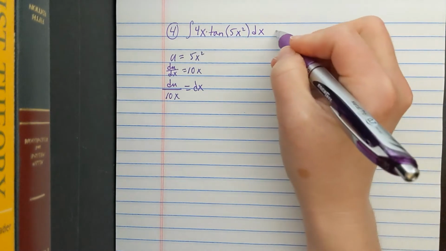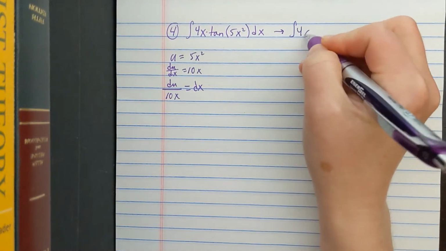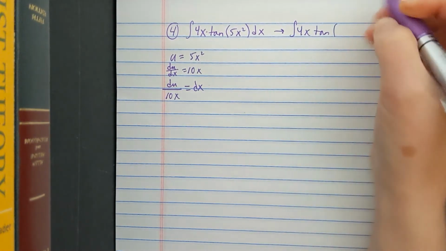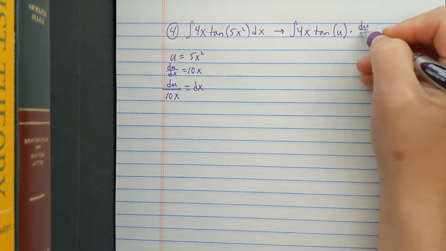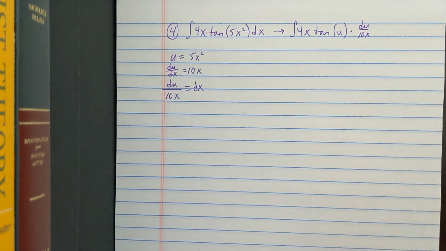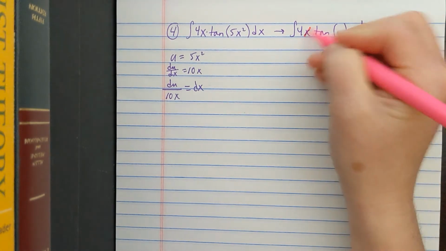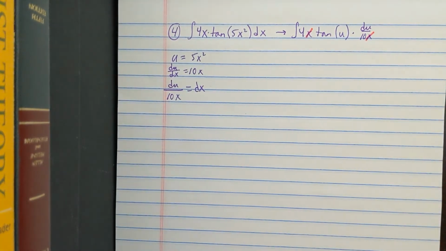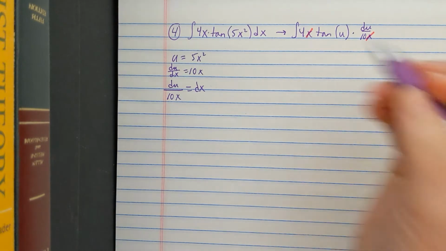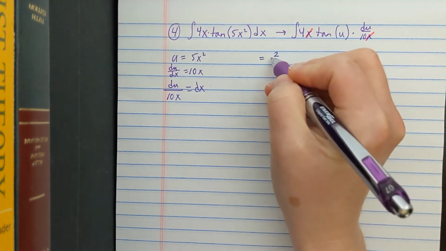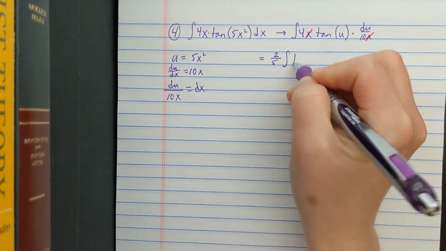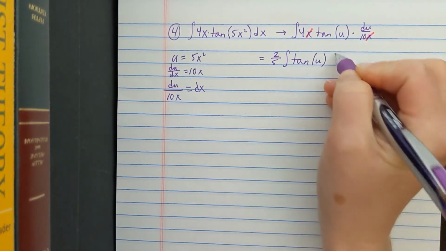So I can do some substitution here. We've got the integral of 4x, the tangent of u, and then in the dx spot I can put du over 10x. Okay, let's cross off the x divided by x right there. And then 4 over 10, that's going to factor on out. 4 over 10 can reduce to 2 over 5, and then we have the integral of the tangent of u